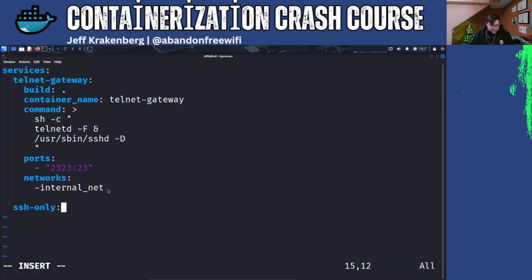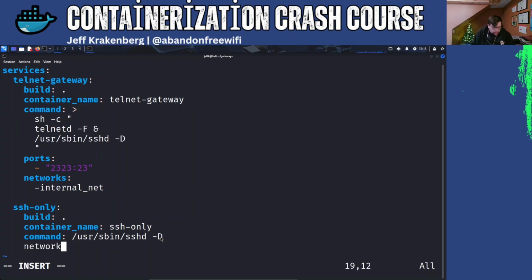We're going to call it SSH only. It is also going to build from that minimal file that we saw earlier, but this container name is going to be SSH only. It is going to get the command to start SSH, which is a little bit easier than starting telnet, so we just need to call it. Over here we started telnet and we started SSH. Down here we're just starting the SSH daemon, and then we need to put it on the network